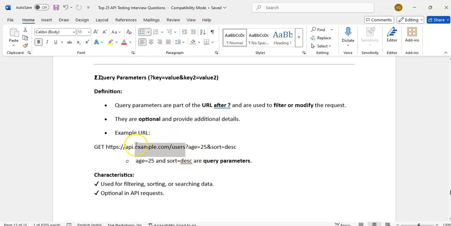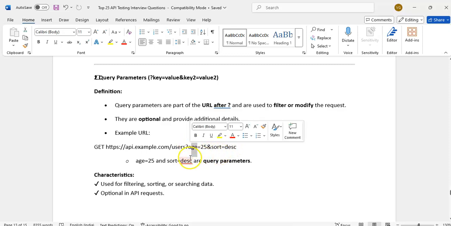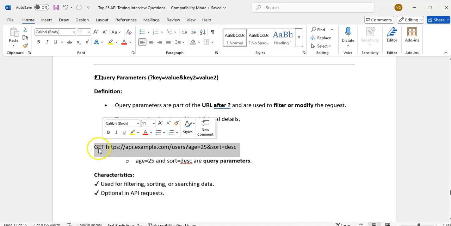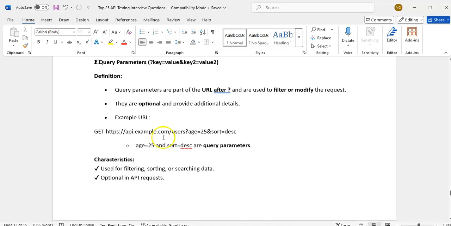Suppose for users, I want age equal to 25: we give a question mark, key equals value, and sort. These are all defined by the developer, and we have to give exactly the same names. If we use different keys, it will not work. For example, age equals 25, sort in descending order. It will filter or modify the data; basically it is to filter the data.